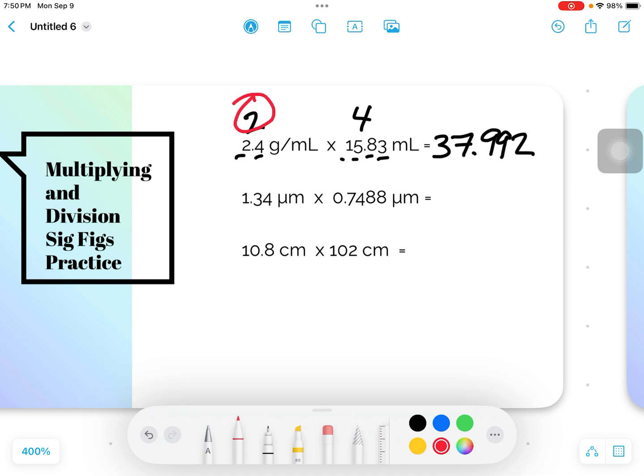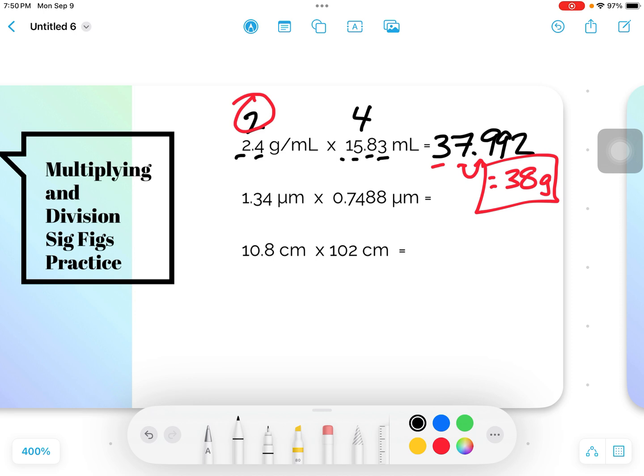So again, we start at the beginning because we're worried about all of the sig figs. We go 1, 2. We look behind, it's a 9. Round up or stay the same? Well, we're going to round up. So it would be 38, and that would be grams as our final answer. Then we try the next one, 1.34